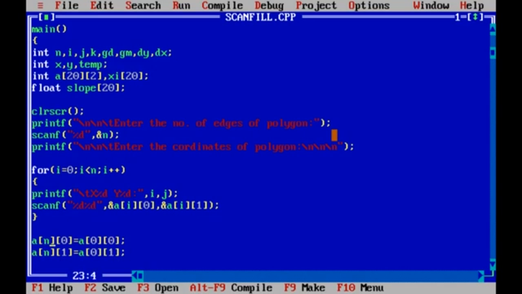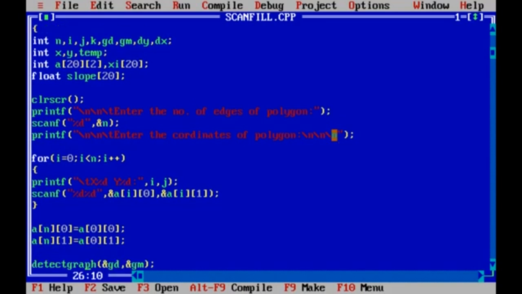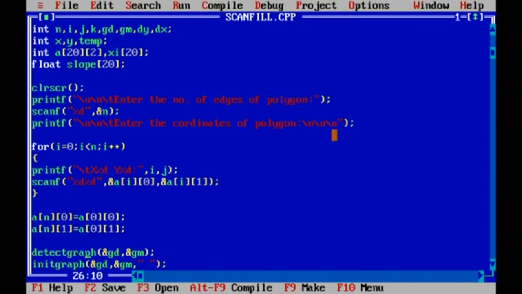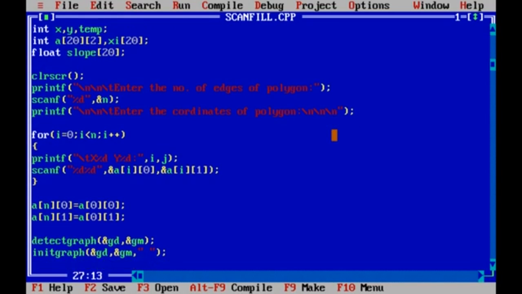This is how I'm initializing the values of the last coordinate, the last edge. So a of n of 0 and a of n of 1 are initialized with a of 0 of 0 and a of 0 of 1. This is a very important step in this case, because we have started with the 0th and we are coming to the nth.